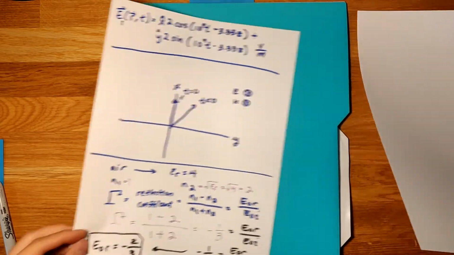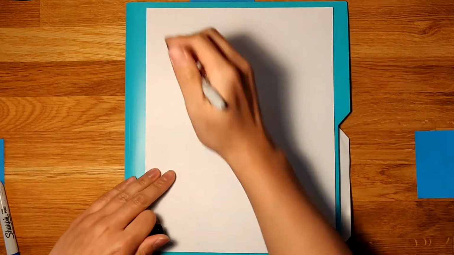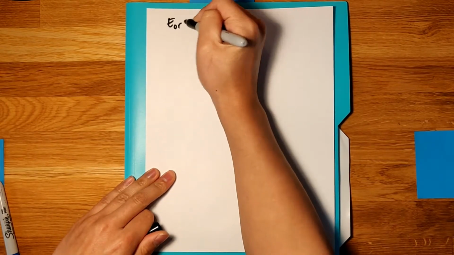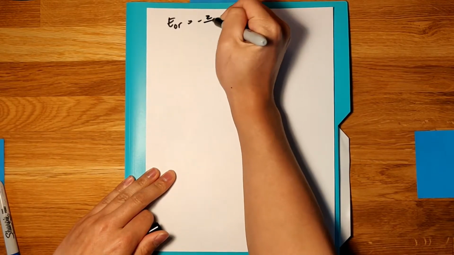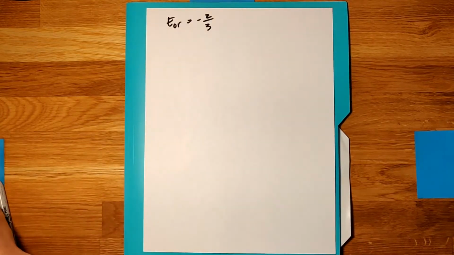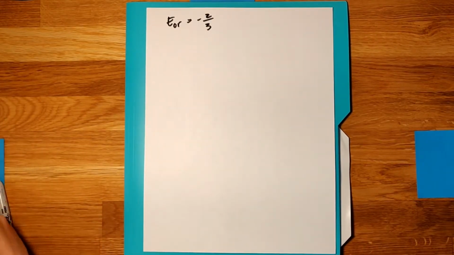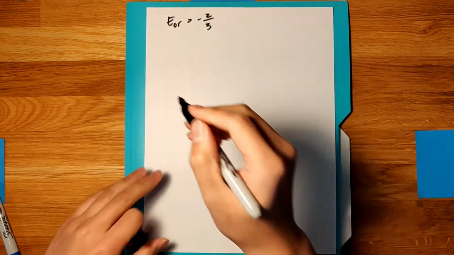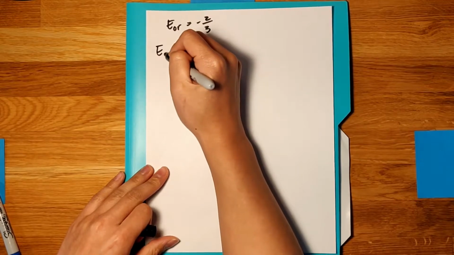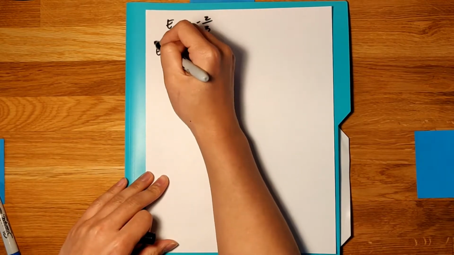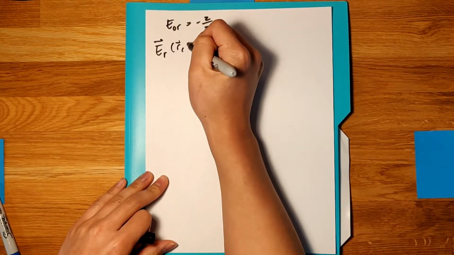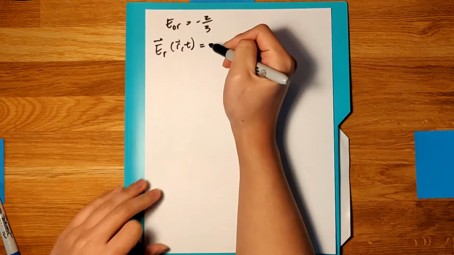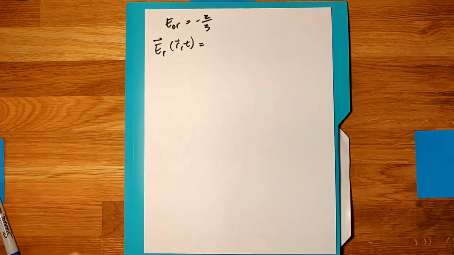So keeping that in mind, we have EOR being equal to negative 2/3. We can now find our wave equation. So the electric field for the reflected electric wave, ER of t, is just being equal to, we can just simply